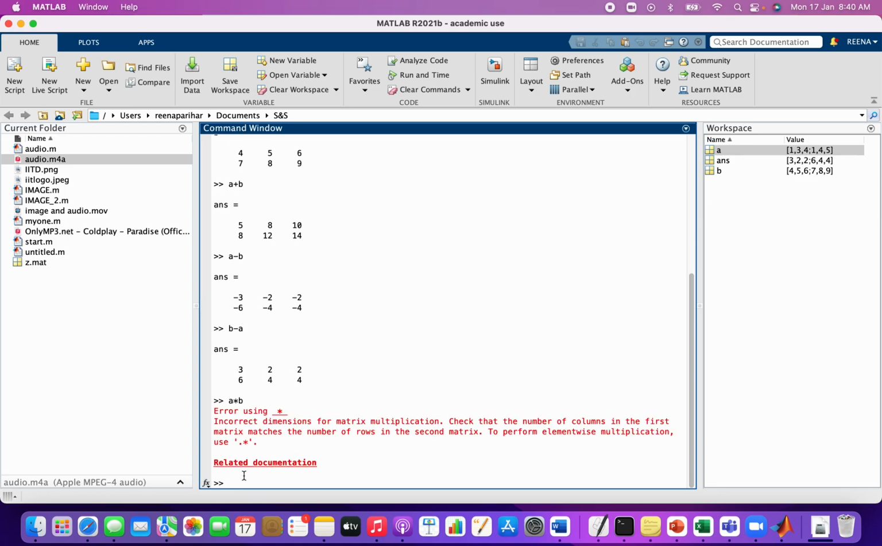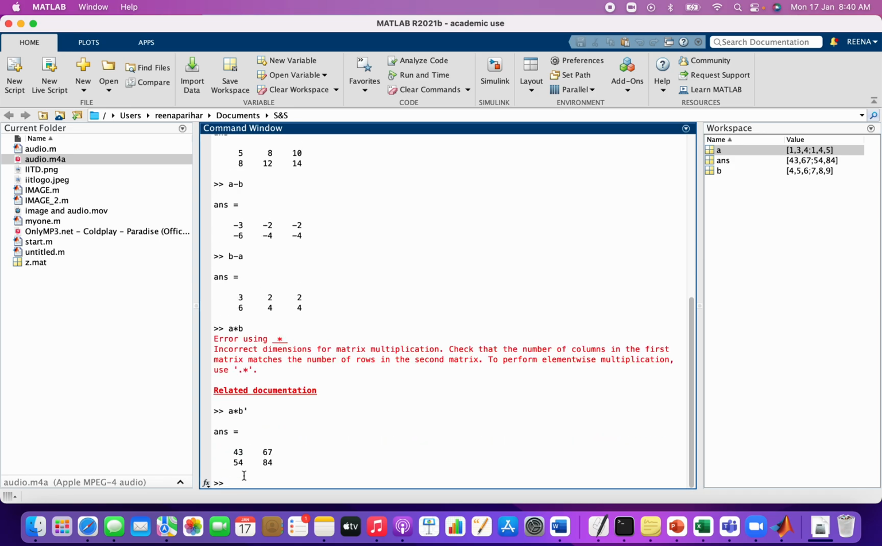See, as the dimension is not matched properly, so you have to take the transpose of B, right? So be careful about the multiplication rule, which you already know. So yeah, this was about the multiplication. The same thing you can take even the